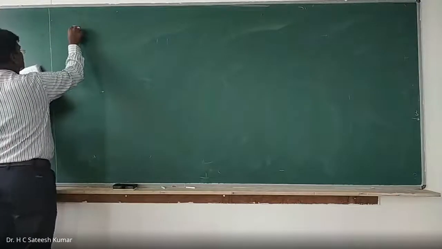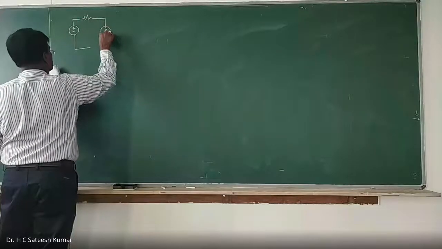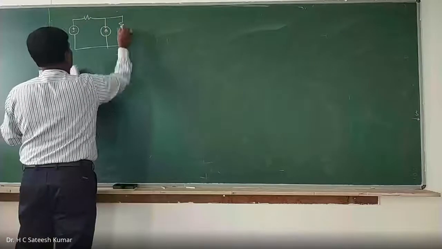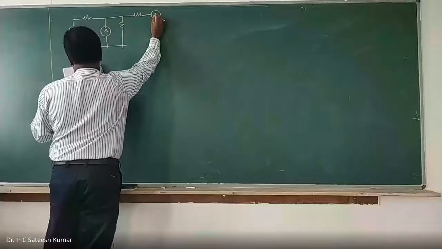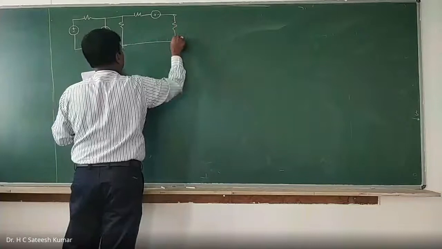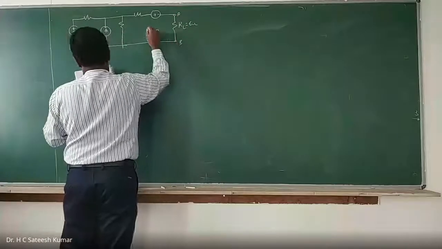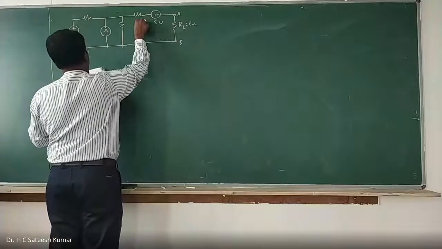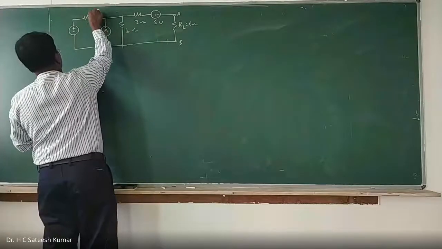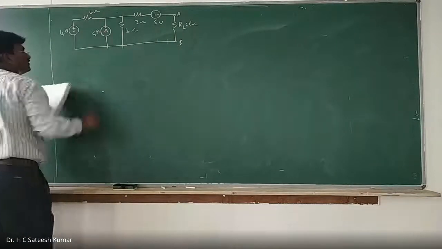A voltage source in series with a resistance, a current source in parallel with a resistance, and in series with a resistance and a voltage source, plus minus. And this is your RL, which is equal to 6 ohms across the terminal AB. This is 5 volts, 2 ohms, 4 ohms, 5 amps, 4 ohms, and this is 4 volts. Okay, the question is like this.